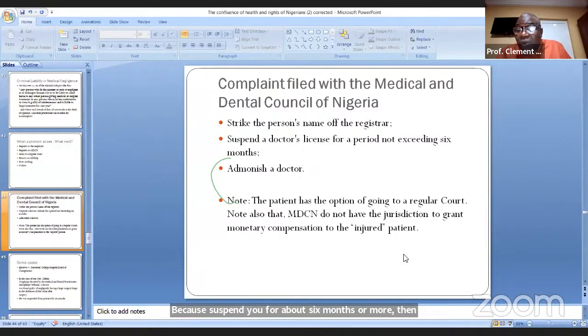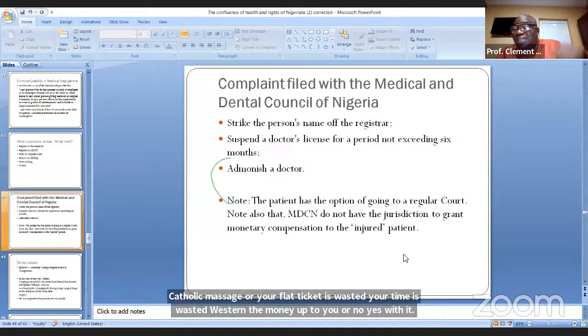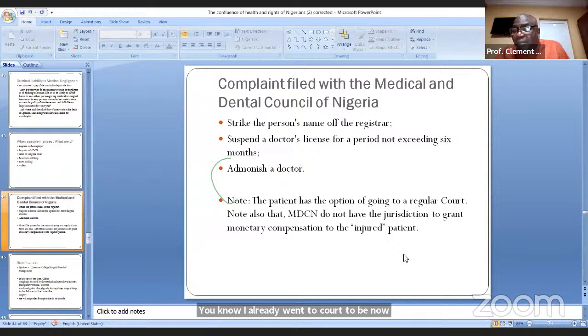You would have gone to Abuja or Lagos, as the case may be, for the MDCN sitting, maybe up to 10 times. You can go to Abuja today and they say, we can't take your case, matter adjourned. Your flight ticket is wasted, your hotel accommodation is wasted, the money you pay your lawyer is wasted. Your lawyer already went to court, you have to pay him. Next time you come, they can tell you the chairman of the council is not around, we can't sit. You go back to your base. When you finish, then that's okay, you are admonished. So you must understand that admonishing is not as simple as it seems on paper.